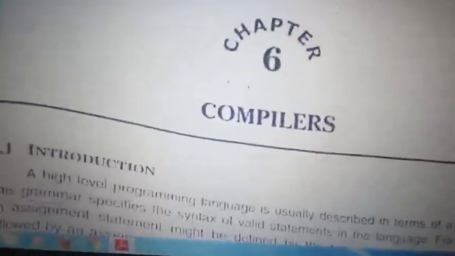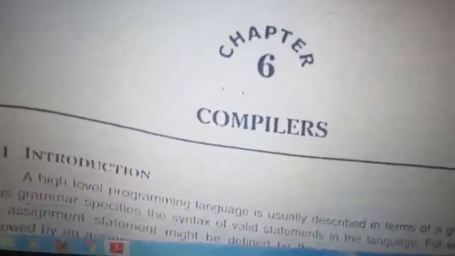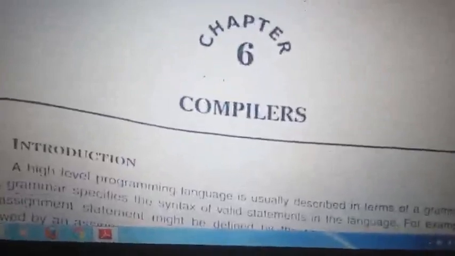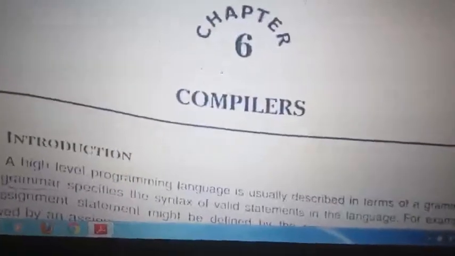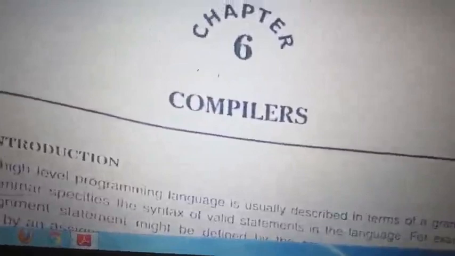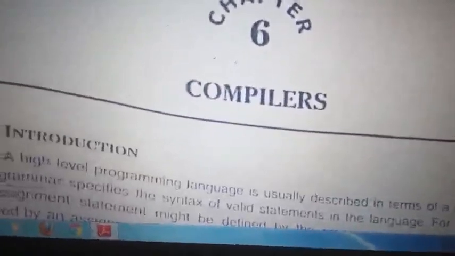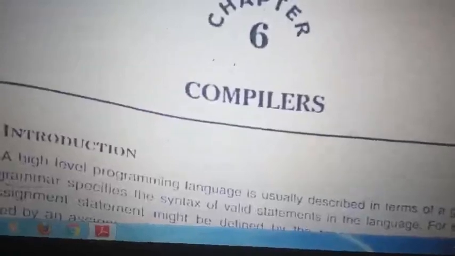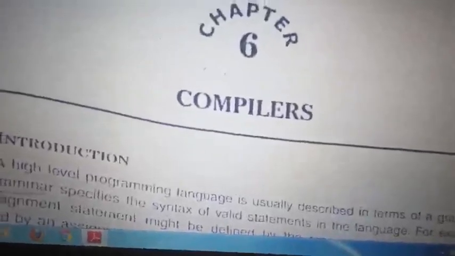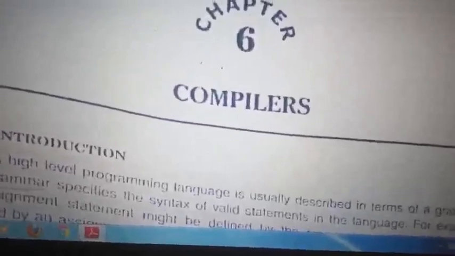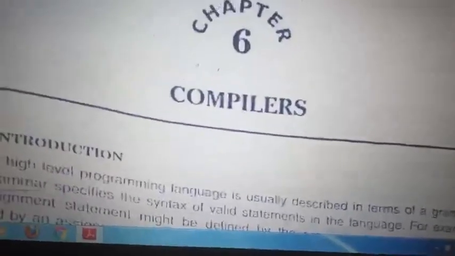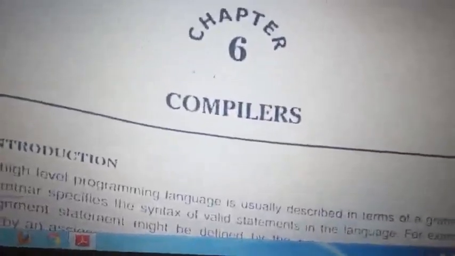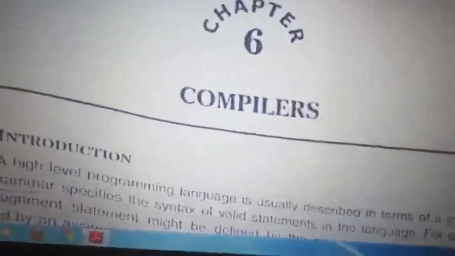A high-level language is not known to the computer, so it needs to be converted for the computer. To convert it, the computer should know and understand what a high-level language is and the rules in a high-level language, so that it can convert it. Then we have to convert those high-level languages to low-level language. We have software called a compiler. So a compiler is nothing but a system program which is used to convert high-level language to low-level language.